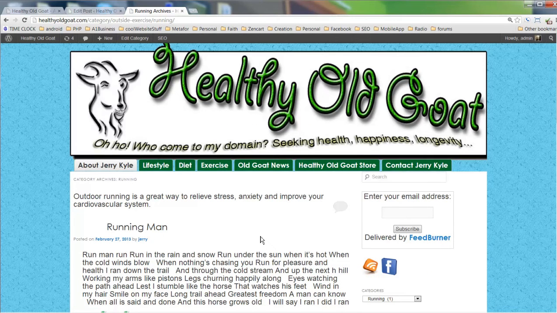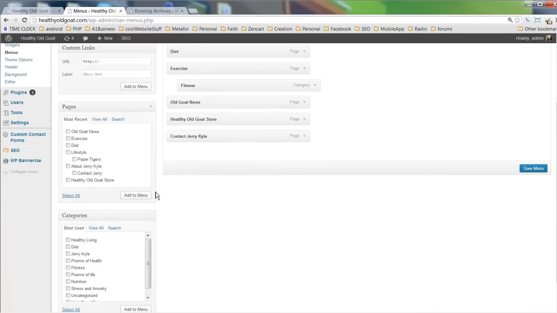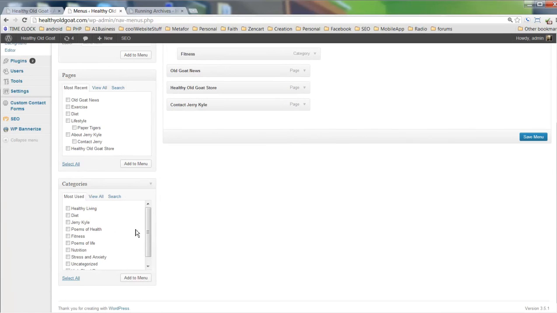But there's another way that you can use categories that's really cool, and you can add them as a button. So every time that somebody comes up here and you want to, for instance, outdoor exercise or running, you can have that as a button up here. And how you would do that is you would come over here to Appearance and go down to Menus and scroll down here where it says Categories. And we can search for the category that we want, or View All. We'll just click View All, and we see that we have the category Outside Exercise and Running. So we'll go ahead and click Add that to the menu,